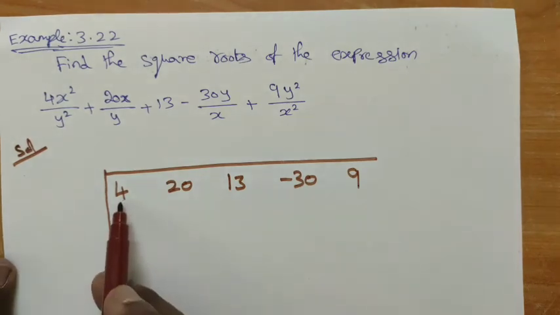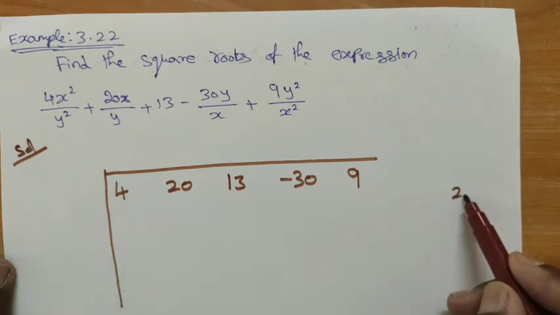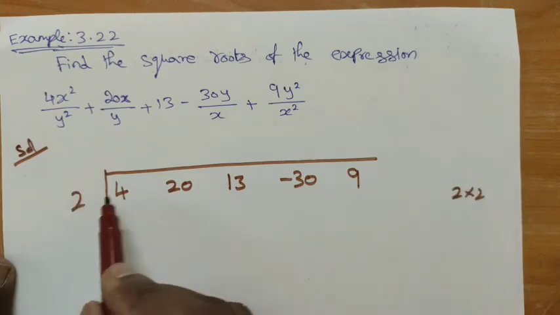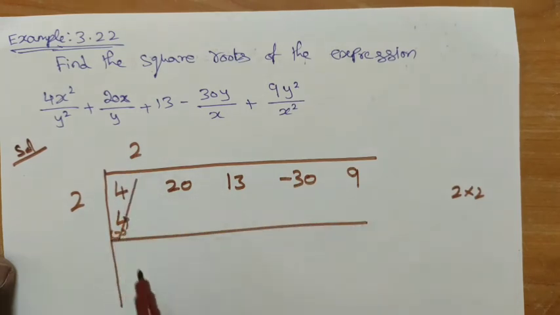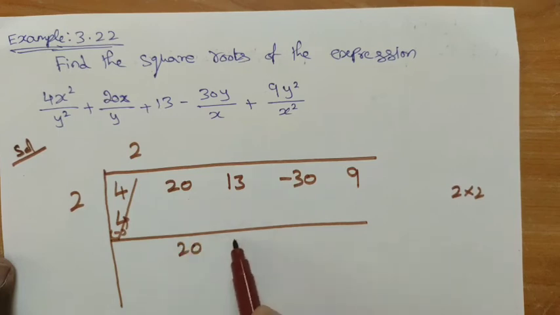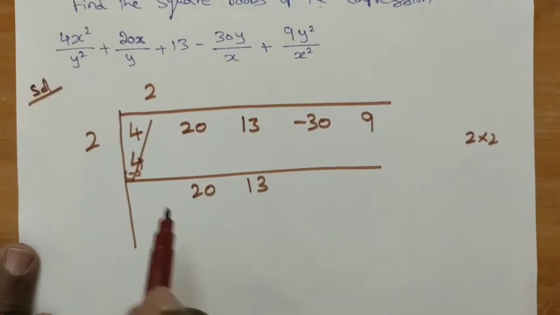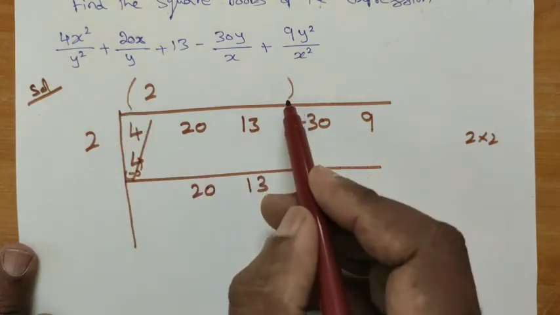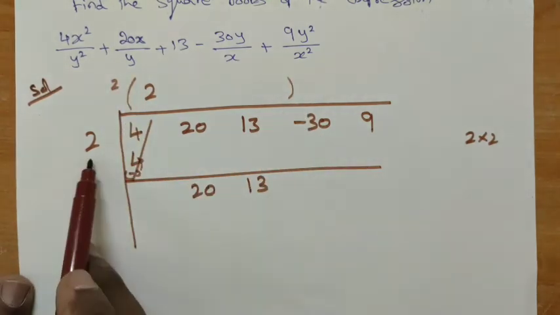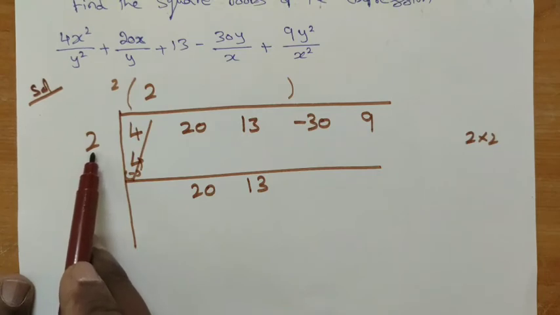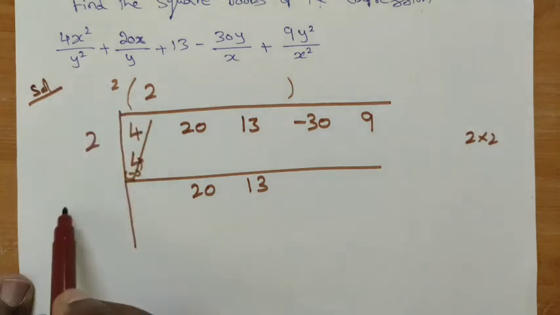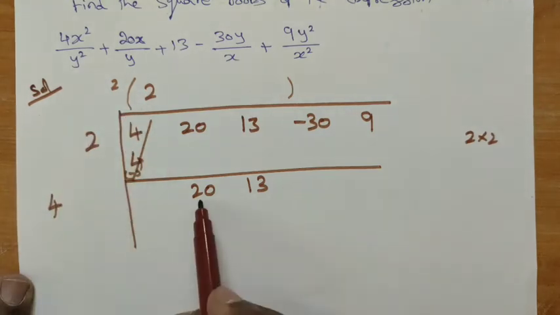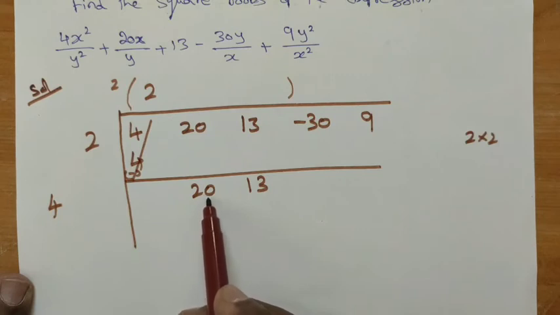So our aim is to cancel the first term. 4 is a perfect square number, that is 2 into 2, and 2 into 2 is 4. When we subtract this, the first term becomes cancelled, and then for the remaining, we have to take 2 terms. Whatever number we apply here, just multiply it with 2. In the first step you have only one term, and in the second step we have 2 terms, here one term and here one term. 2 2s are 4.